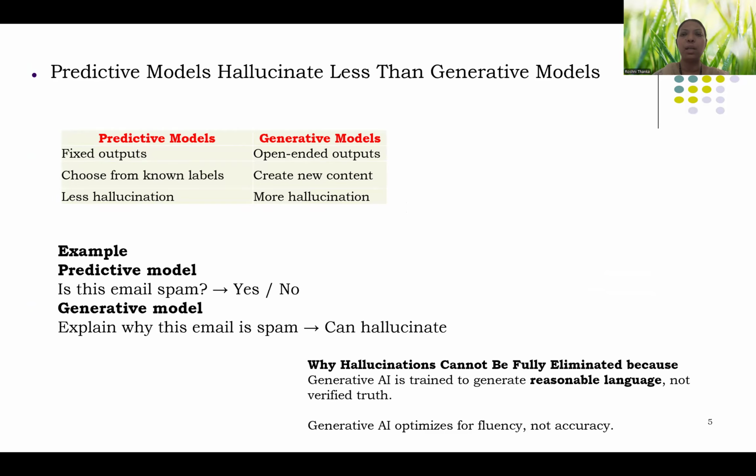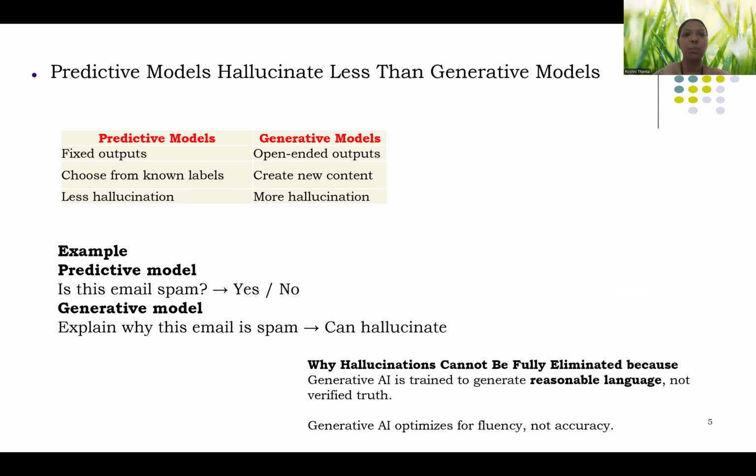If you compare this generative AI model with the predictive model, which we discussed in the previous video, what is a predictive model? It just does prediction, classification or analysis. When you compare the predictive model with the generative model, the predictive model always has a fixed output. It doesn't hallucinate. But a generative AI model has an open-ended output because it is generating a new imagined output, right?